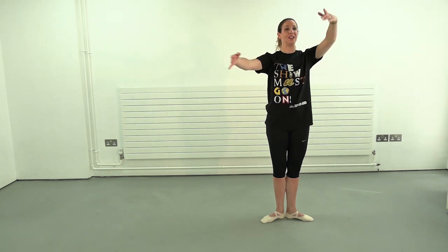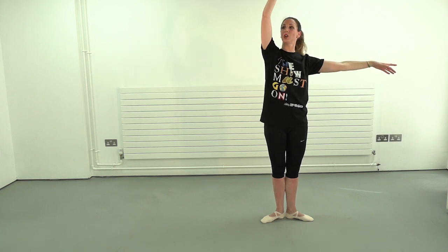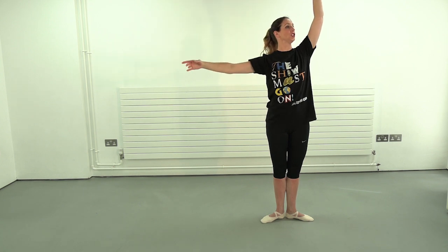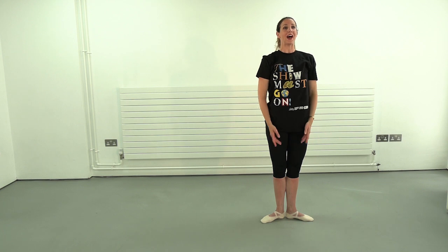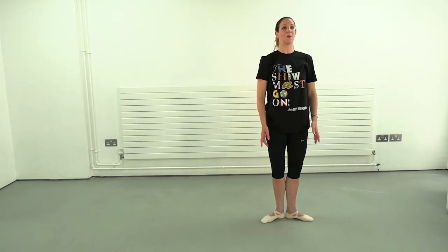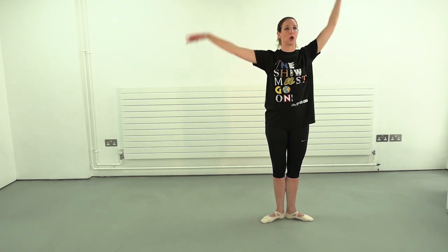We're going to take our arms up to en avant. We're going to lift our arm high in attitude. We're going to change it over, looking towards that arm if we can, and change it over looking, and open out and down. And then we're just going to do a little demi-plie with a breathe of the arms. And we'll repeat the exercise once more, but we'll be taking the other arm high, ready to go over the